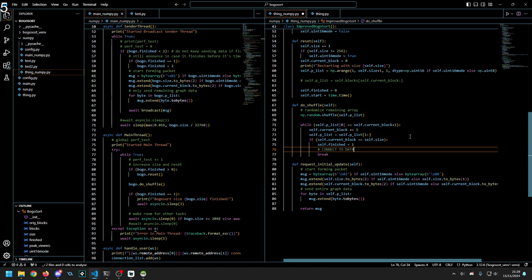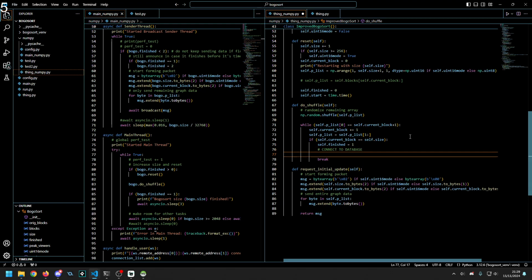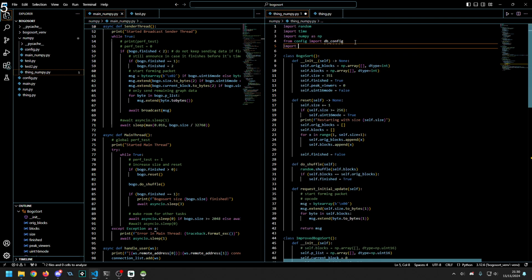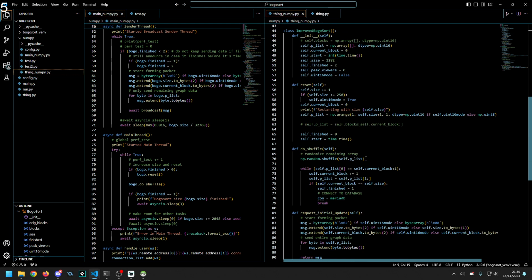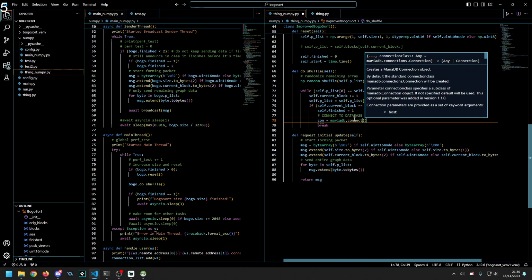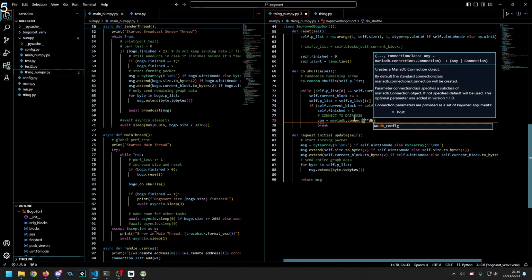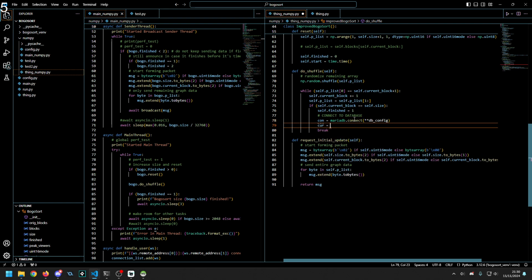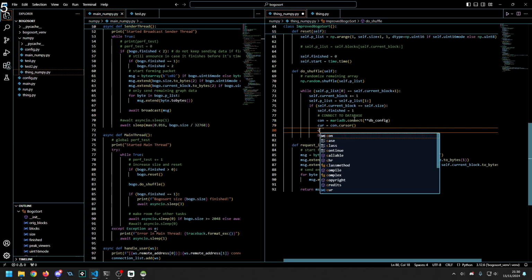Connect to database. And I'm gonna call it connection equals MariaDB. I have to import that here. Dot connect, and then I pass the parameters, which is dbconfig. Then I have to open a cursor too, so I'm gonna do con.cursor, and then I execute some code,